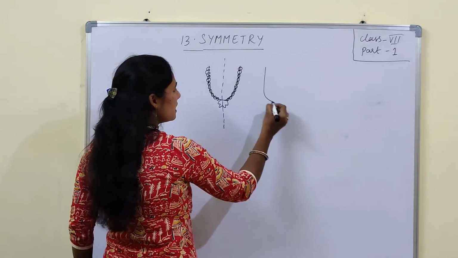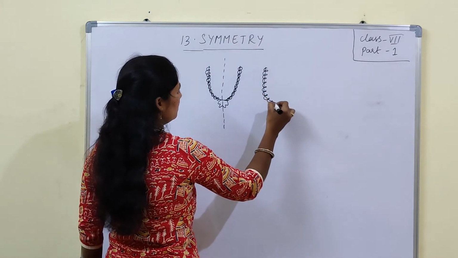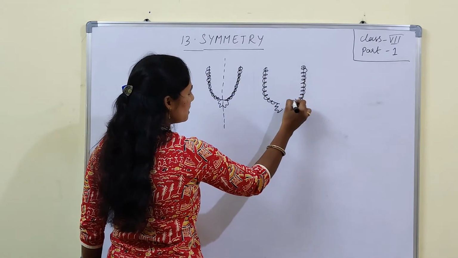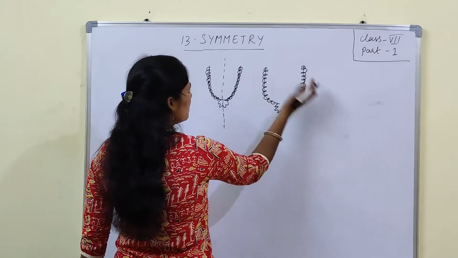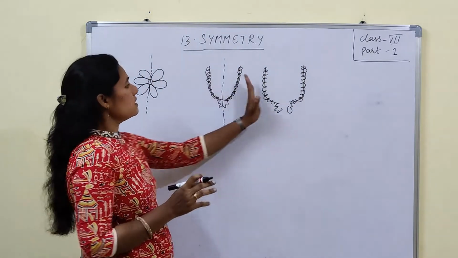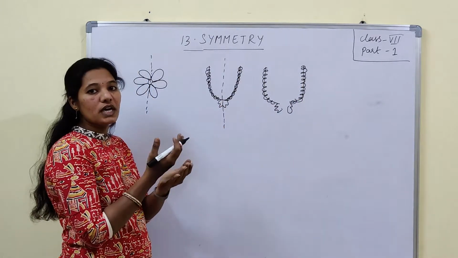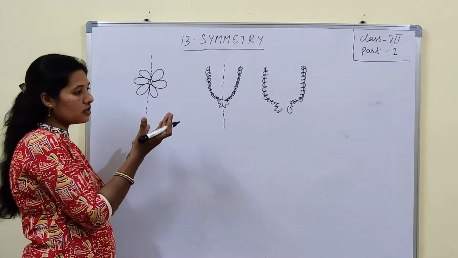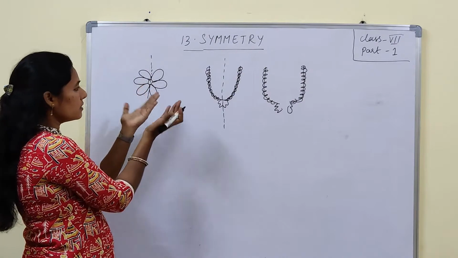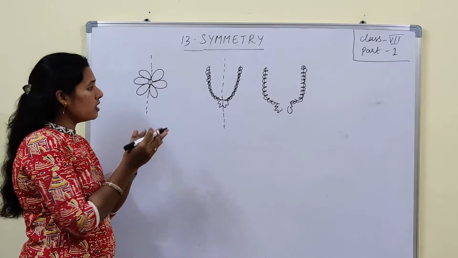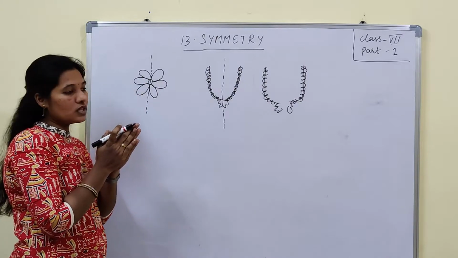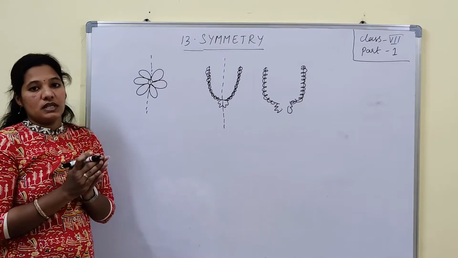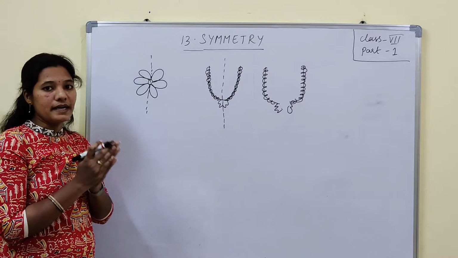That means to the left side we have half of the part, and to the right side we have this one, which looks the same. When you place one upon the other, they overlap each other. Here also. If you take a paper, draw a line and fold it along the line, the figure will overlap each other. So here comes the concept of symmetry: looks the same, identical.